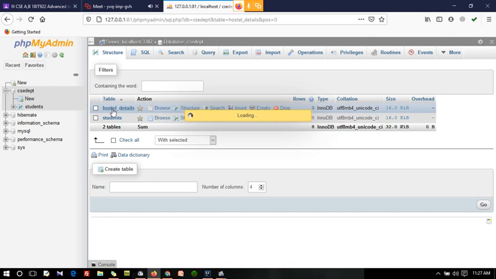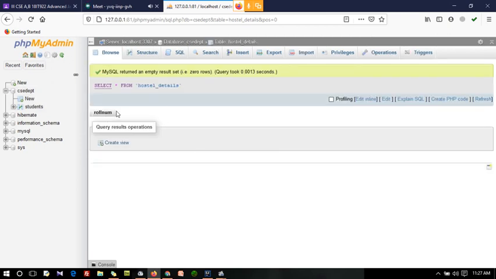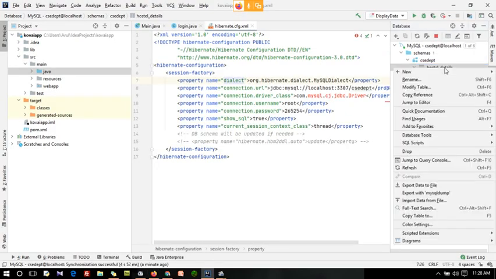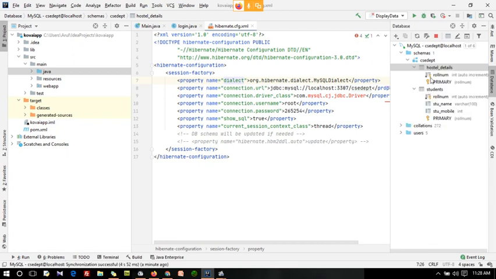Inside this I am only having a roll number. If you want, you just create the fields whatever you want. You just click modify table.